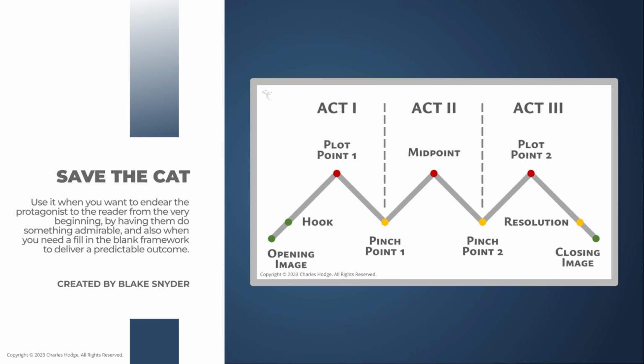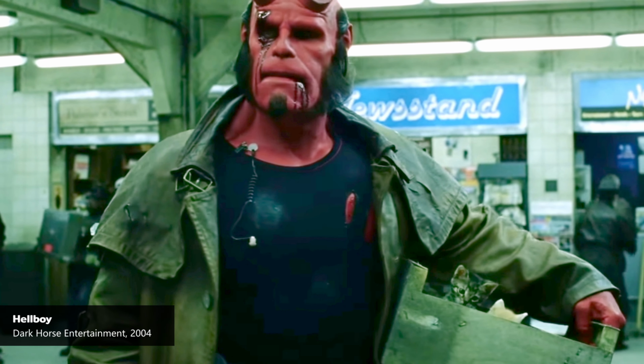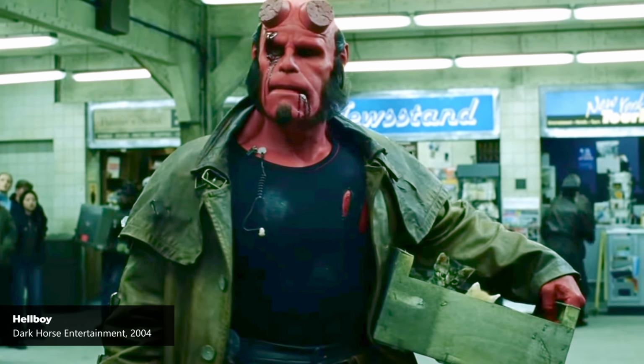It also includes a 15-step ordered list called the beat sheet that details the order in which story elements appear, as well as the number of pages each element should take for a standard 110-page screenplay. Use this story structure when you need a fill-in-the-blank framework to deliver a predictable writing outcome, and also when you want to endear the protagonist to the reader from the very beginning. An iconic Save the Cat moment is in 2004's Hellboy, where the protagonist literally saves a box of